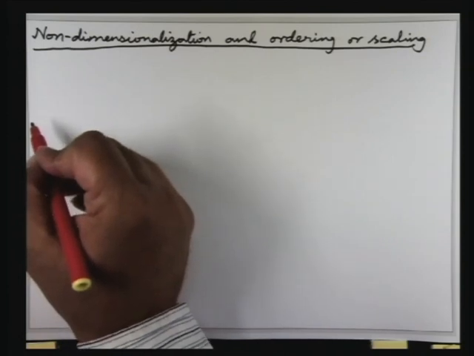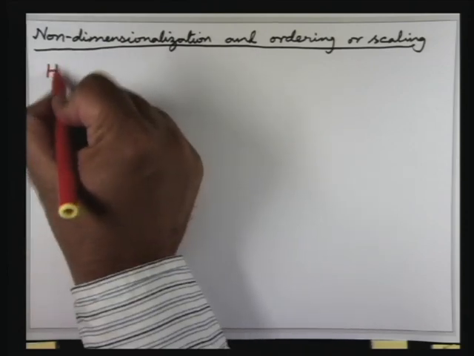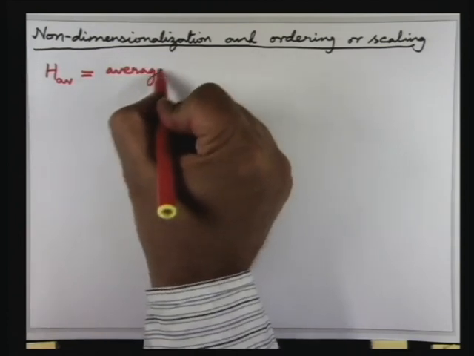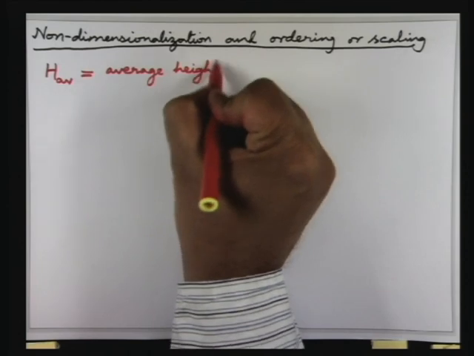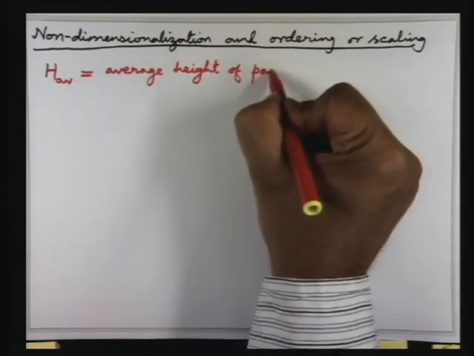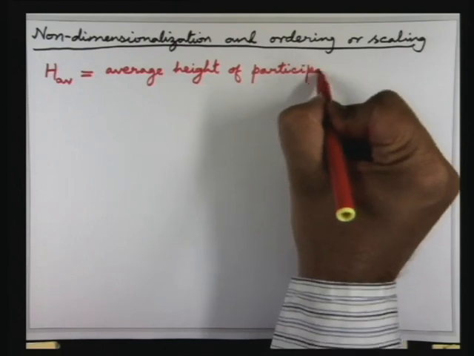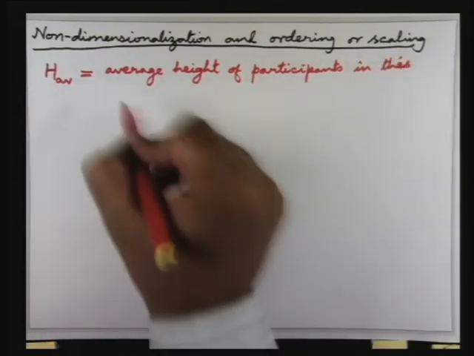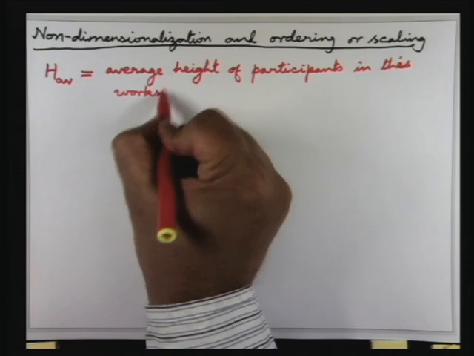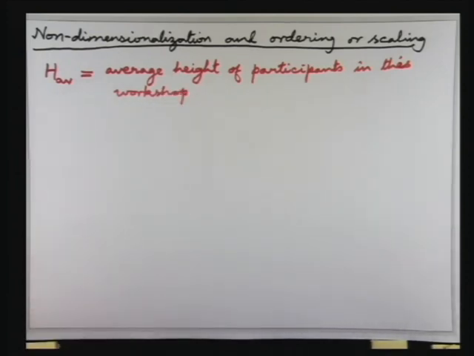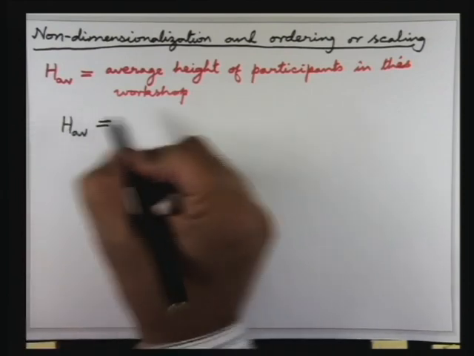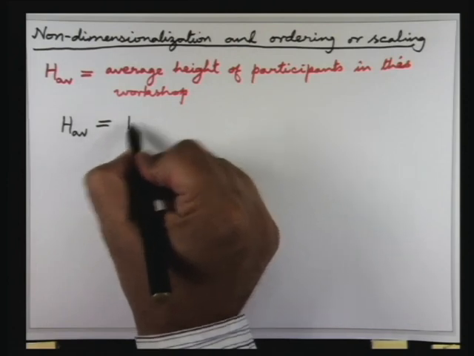Now, if I ask you what is the average height of participants in this workshop, I'm taking a simple example, average height of participants in this workshop, can you give me a number? 1.62